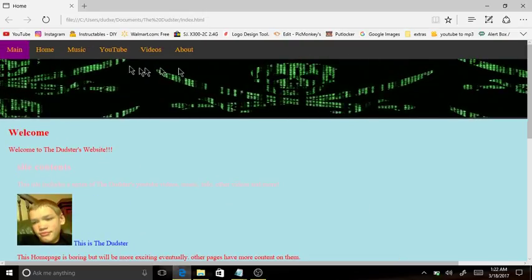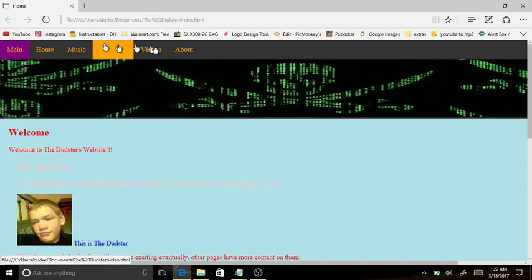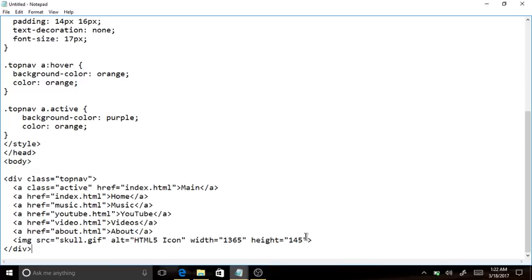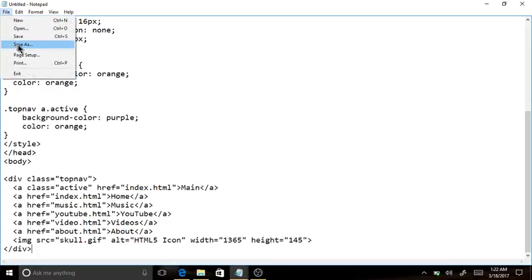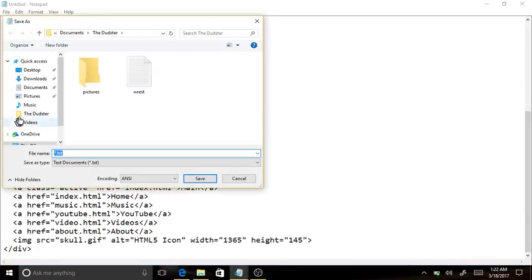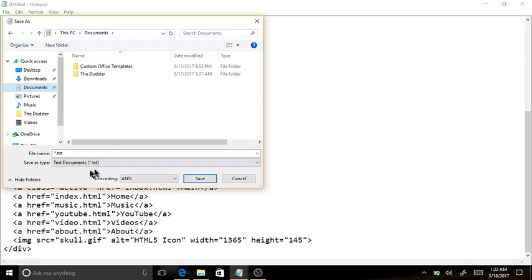So this is basically what I just copied and pasted, this menu up here. I'm actually gonna save this, so as I'm doing this, I can show you guys what I'm doing. We're just gonna save it in documents. We're gonna call it YT